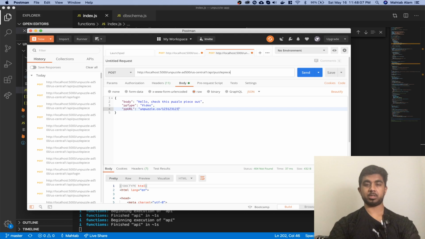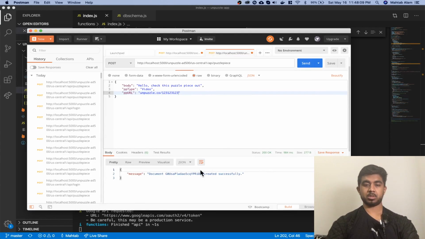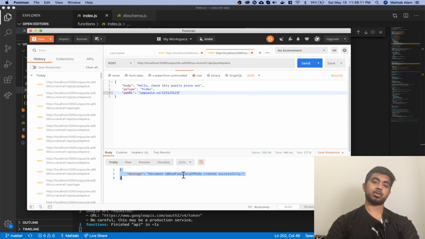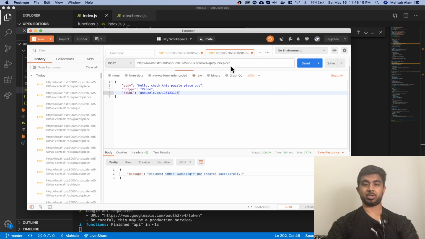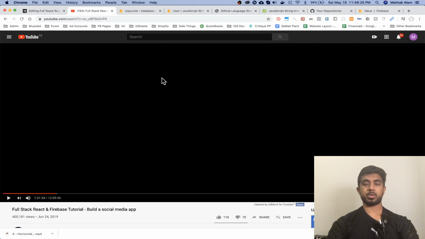API puzzle piece, not puzzle pieces. There we go. So yeah, the protected route is puzzle piece. We're posting a puzzle piece in that protected route, puzzle piece, and we got the document this created. So if we go to Firebase, oh,